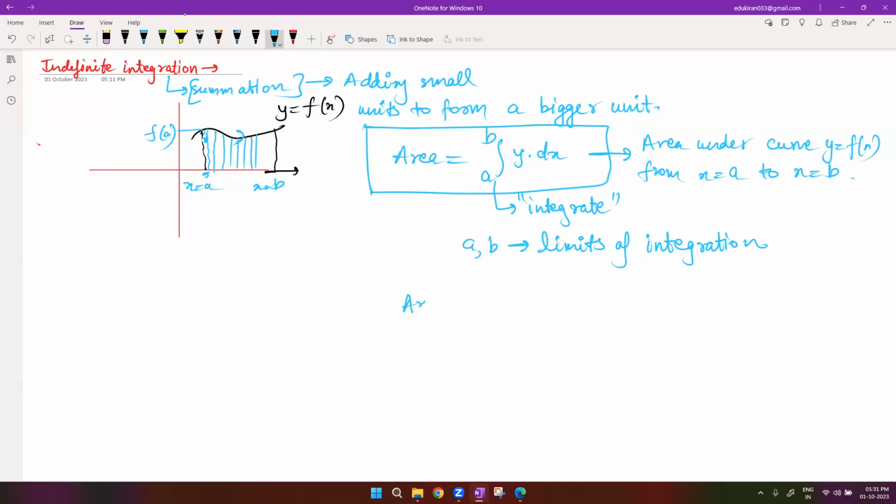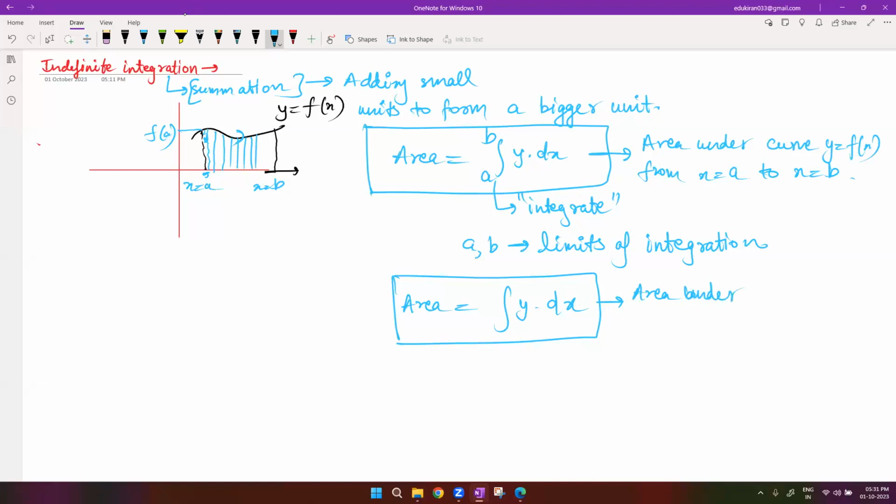Now, let's write another expression. Area is equal to the integral of y dx. Now, I'm not using the limits. Okay, I'm not using the limits. Now, what does it represent? This also represents the area